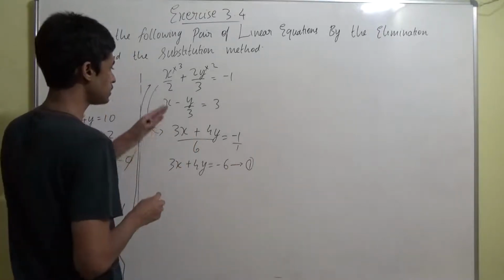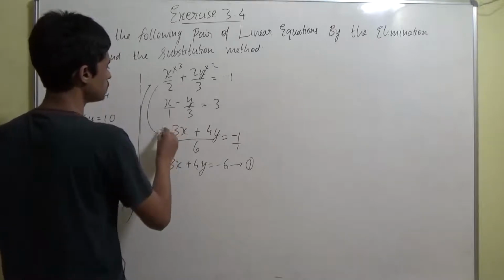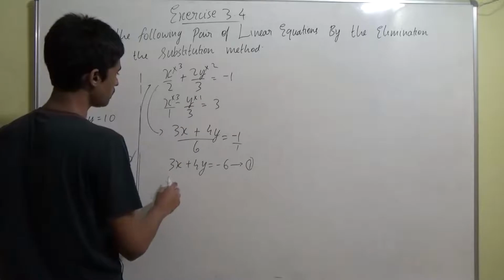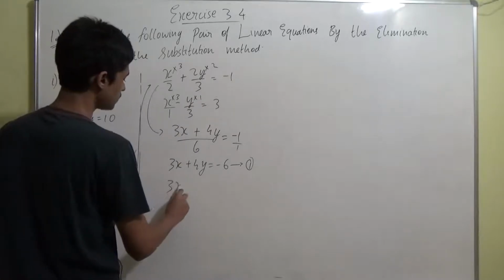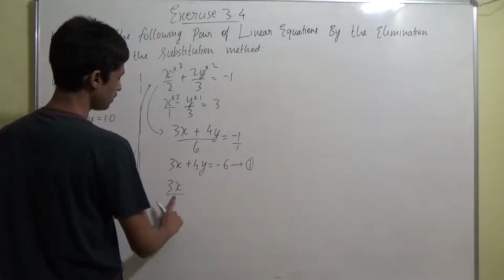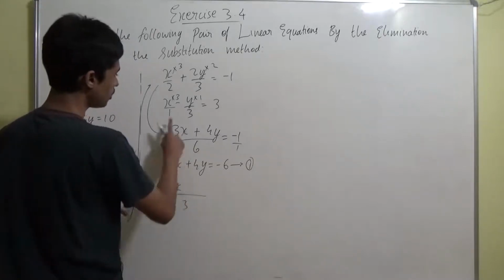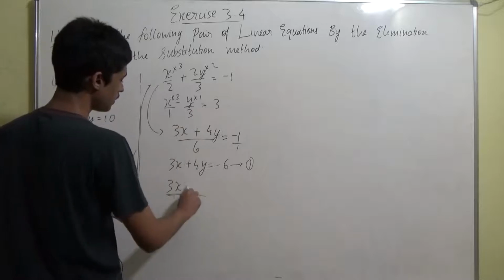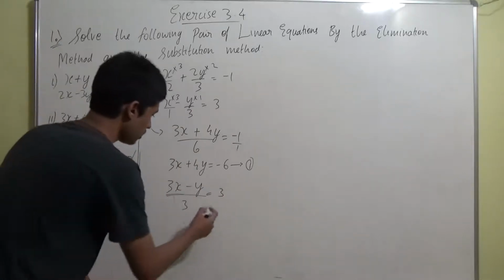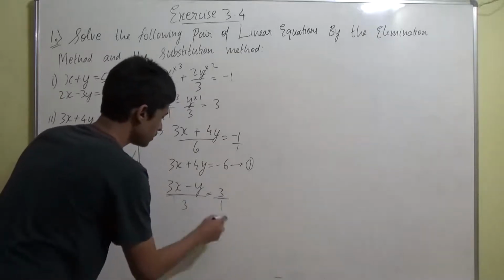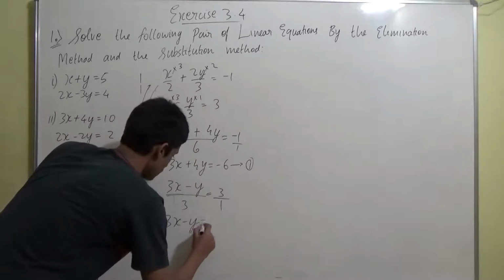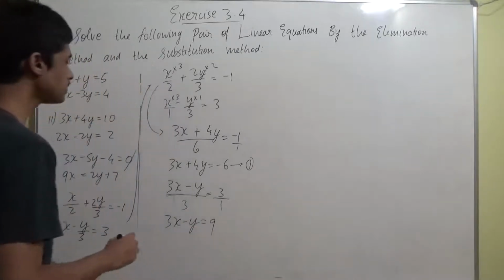So now we are going to take the LCM for equation 2. This is 1, which means you are going to multiply this into 3 and this into 1, so it is going to become equal to 3x by 1, by 3, this whole by 3, because the LCM we took as 3, and this is minus 1 equal to 3. Here if you simplify this, what will happen? You are going to multiply this into 3, crisscross method, cross multiplication. It's going to become equal to 3x minus y equal to 9. This is the equation 2.